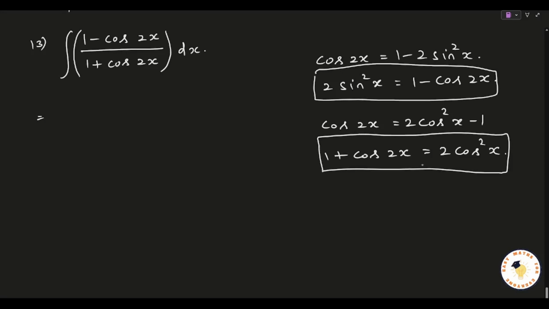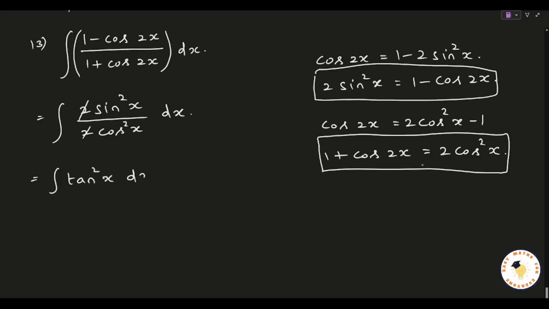we are going to write this integral as integral of 2 sin square x divided by 2 cos square x dx. These two 2's will get cancelled. Sin square by cos square will give you tan square x dx. And there is no formula support for this integral tan square as well. So we are going to use the identity which says tan square x equal to secant square x minus 1. This will give you integral of secant square x minus 1